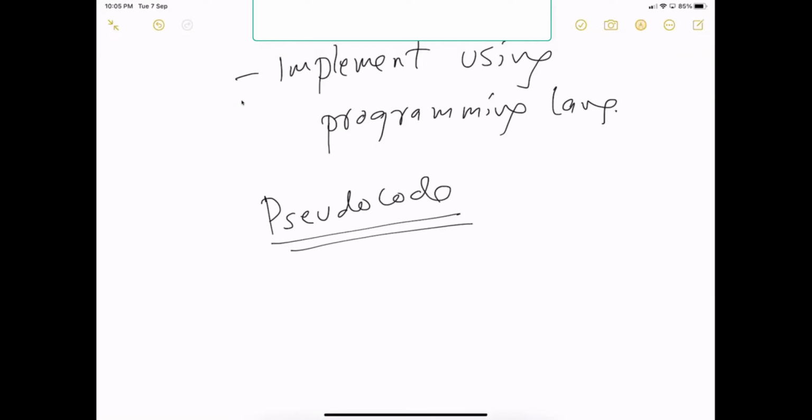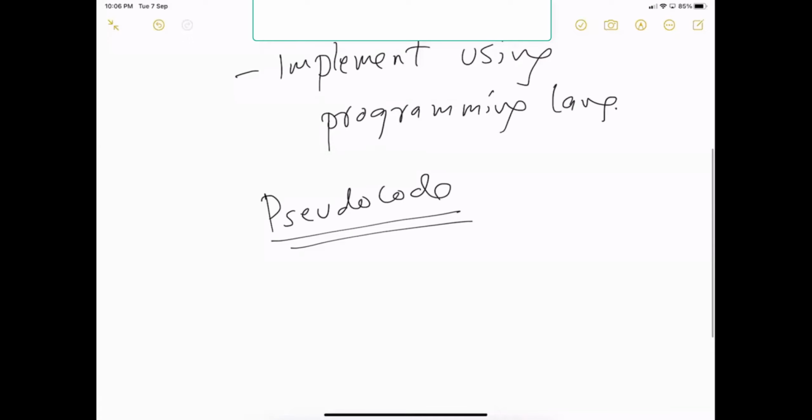What is this pseudocode? I want you to type, because programming is all about typing, right? Steps to follow in a simple language. A template for a program. Steps without a specific language syntax. There are a lot of definitions coming up in the chat. We can define pseudocode as a high-level description of steps that are provided in an algorithm.